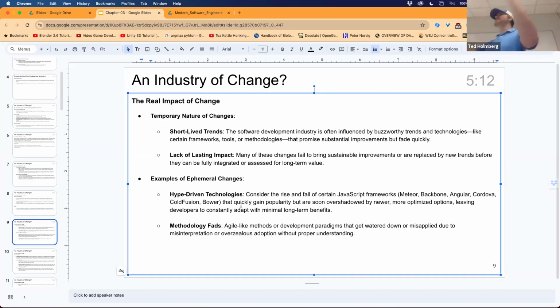Doesn't matter, right? Not really used. Angular. This might be pretty contentious. React has certainly surpassed and supplanted Angular, but Angular was at the very forefront before React rolled out. Cordova. Cold Fusion. Bower. Before NPM became super popular, you used Bower as your build tool. So just examples of these technologies that were really popular and then just fall off because some newer technology comes out